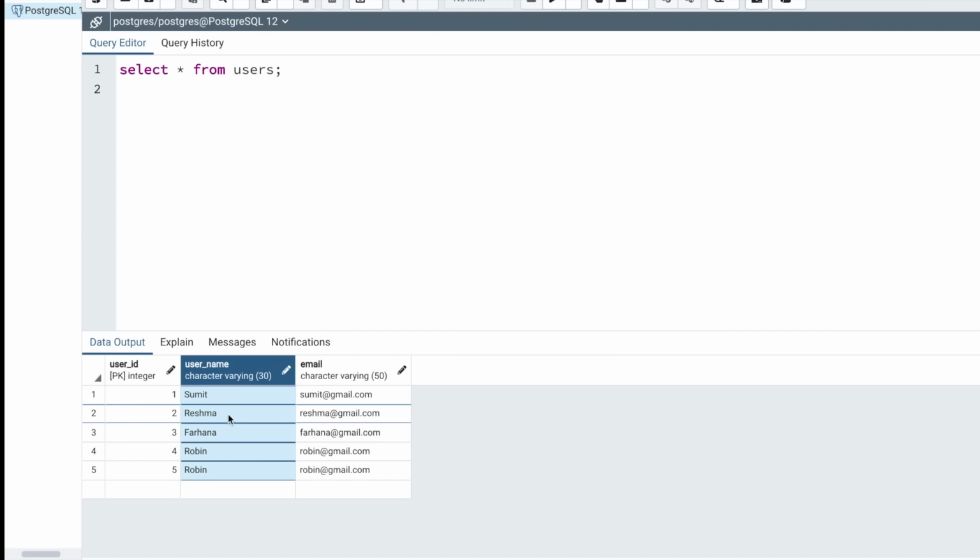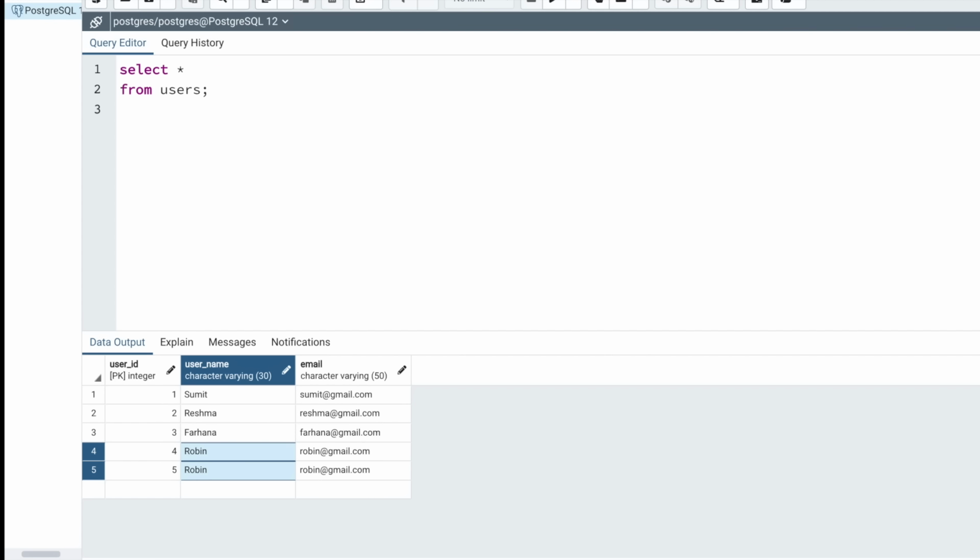And once I create a partition, let me try to give a row number for each record in that partition. Since these 3 names are unique, the row number would be just 1 because there is only one row in those partitions. But when I create the partition for Robin, this will have 2 records. So when I use the row number function, the first record would have row number 1, the second would have row number 2. And then by using this row number, any row number other than 1, I will be able to identify all the duplicate records. Okay, so this is the approach, and let's see how we can write that.